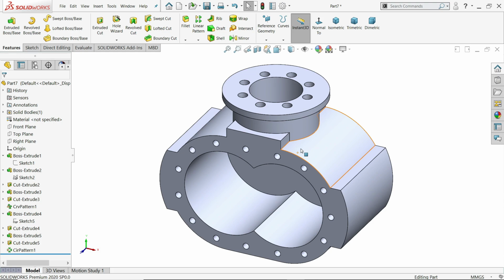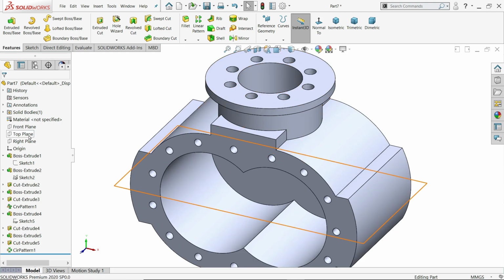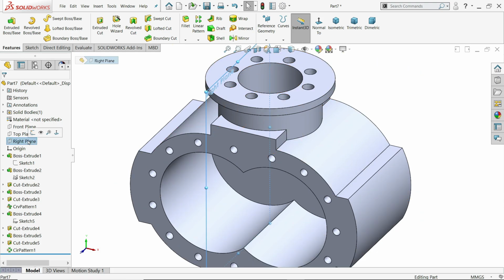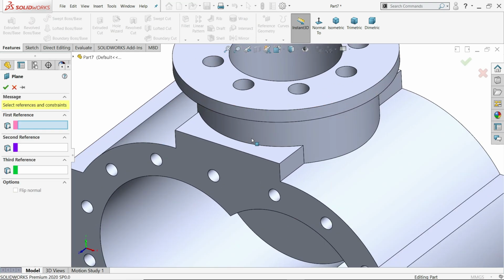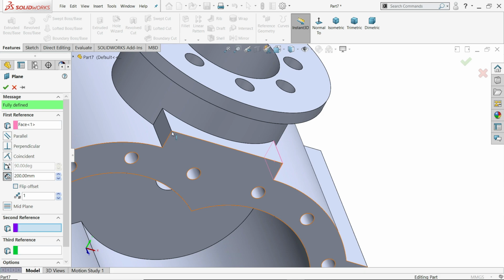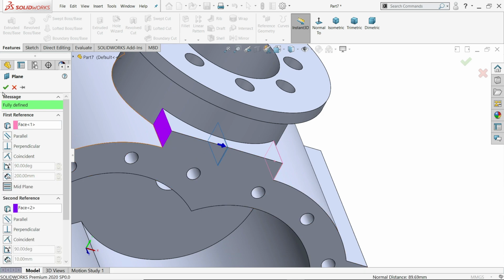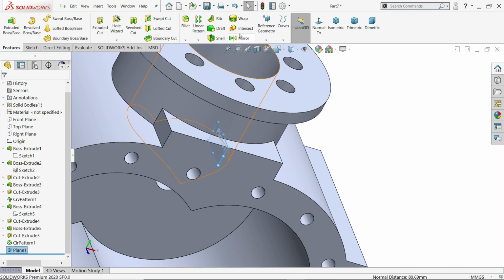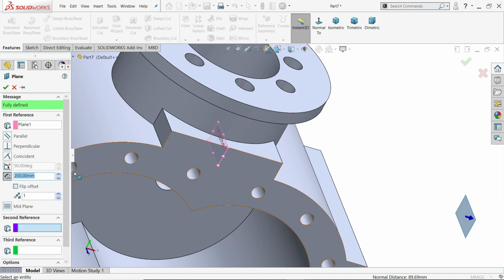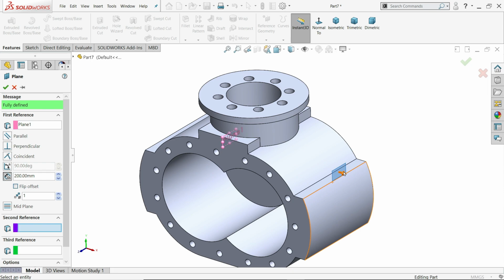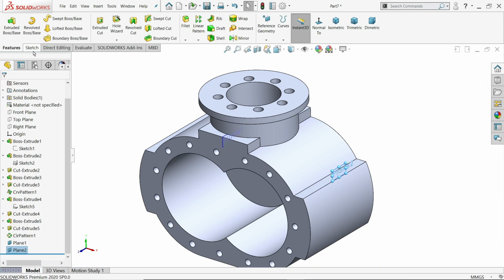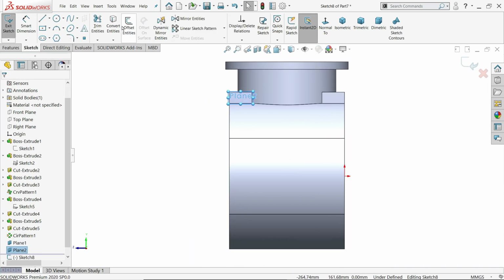So first we need to create a plane. So where is our center plane? Okay, our center plane is not in position. Plane, I'll select 1, 2. Now see, a mid plane is going to be created. Say yes. Now choose this plane, again select plane, and here choose distance 200. See, it's going to create a plane up at 200. Select the plane, sketch,